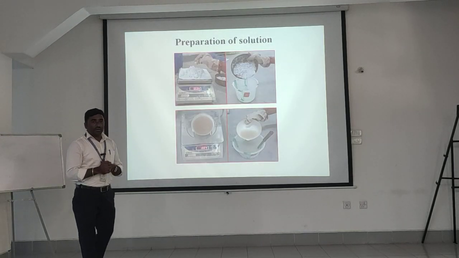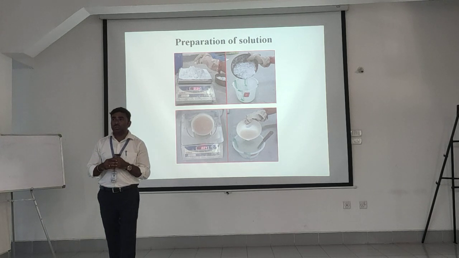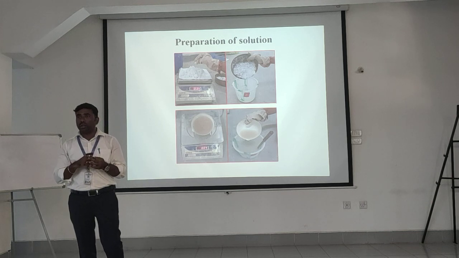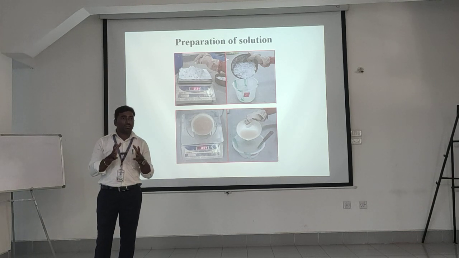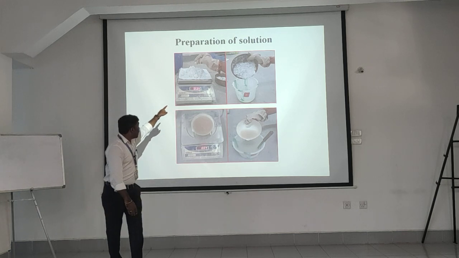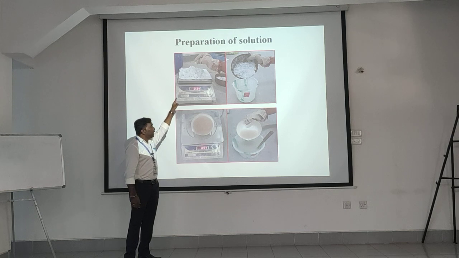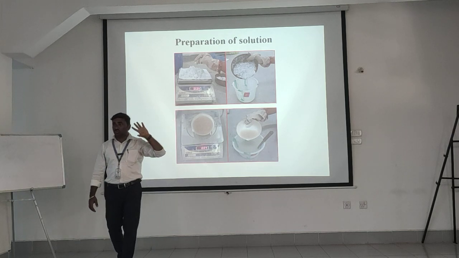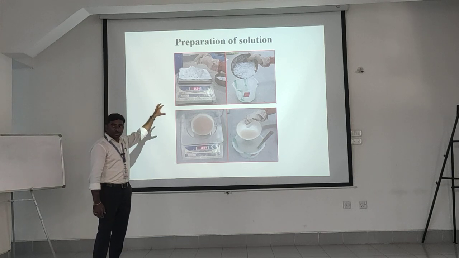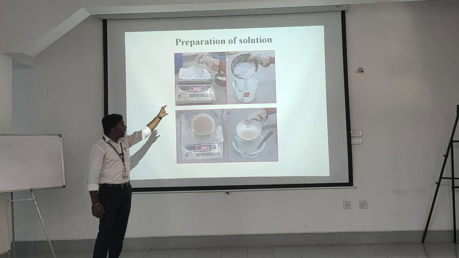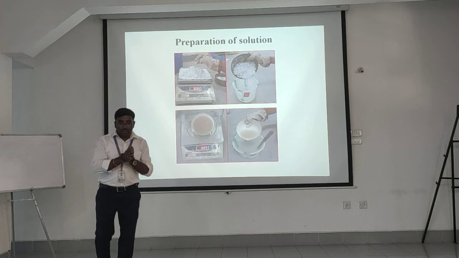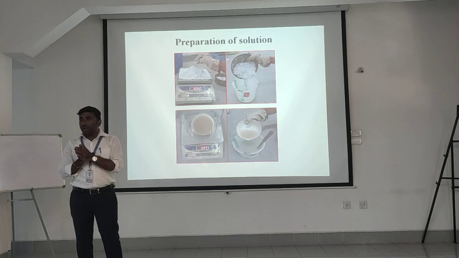So here I told that alkaline solution means two types. It is a mixture of NaOH as well as Na2SiO3. NaOH means it is a hydroxide, right? See here, look at the first figure, that is nothing but NaOH. It is in pellet form, crystal form. It looks like salt. Okay, so first we have to weigh that one. First we have to convert that to liquid form, solution form. So how to convert that?